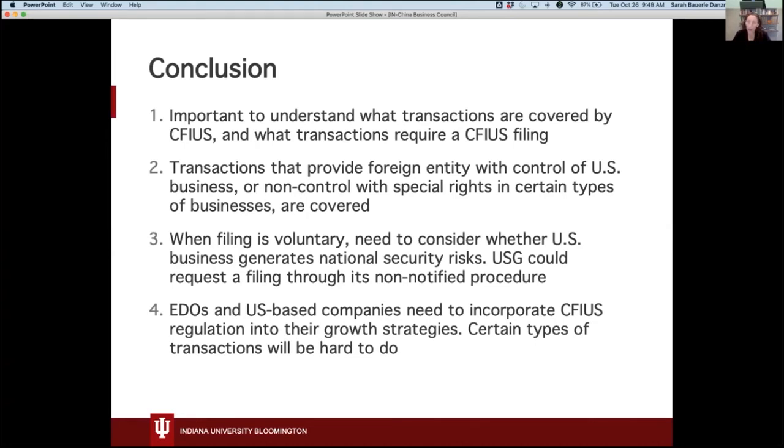And then in terms of size, CFIUS does not have a size threshold, and so these can be very large transactions as well as very small transactions. And the movement towards also including venture capital pushes the standard or the average size of a transaction being filed downward, just because now you don't have to be a large publicly traded company to make it to